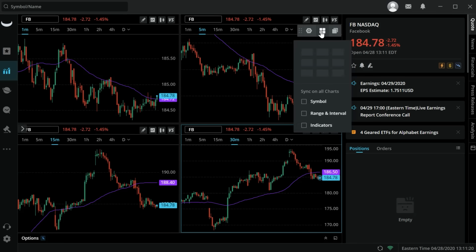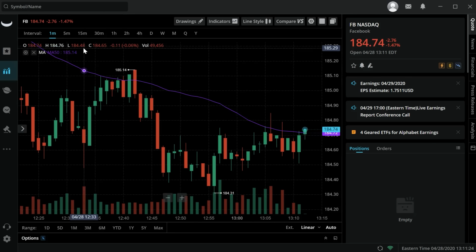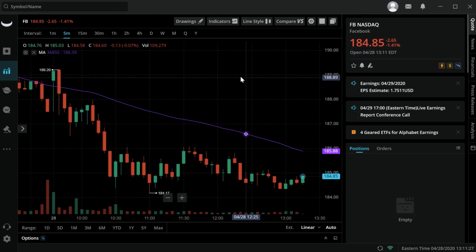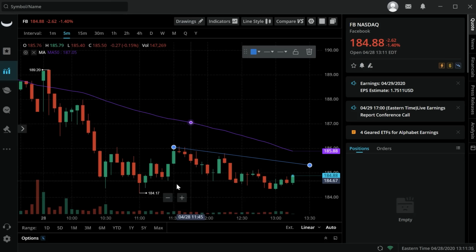So let's come back here to the grid, and I'll make this one. So they're looking at Facebook here. Now the next thing, and we'll change that back to the 5-minute. The next thing you need to be able to do, and nothing big here, is draw trend lines. So what is a trend line? Well, a trend line is just a way for you to get fancy and draw some lines